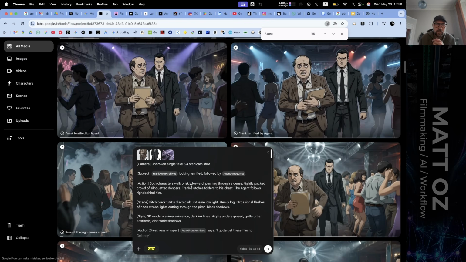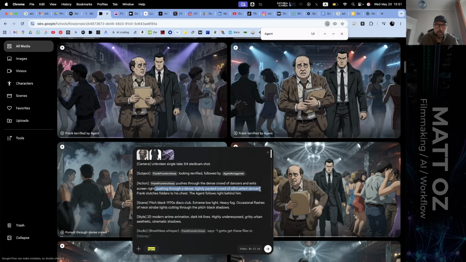Both characters, Frank pushes through the crowd, exits screen right, pushing through the dense crowd of dancers and exits screen right.